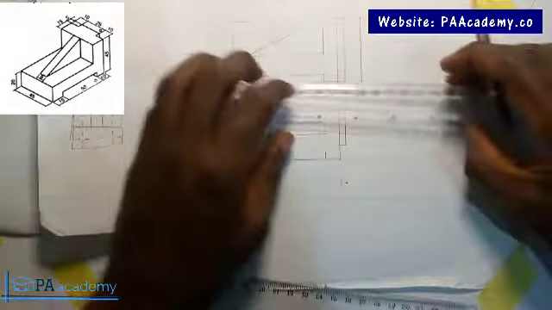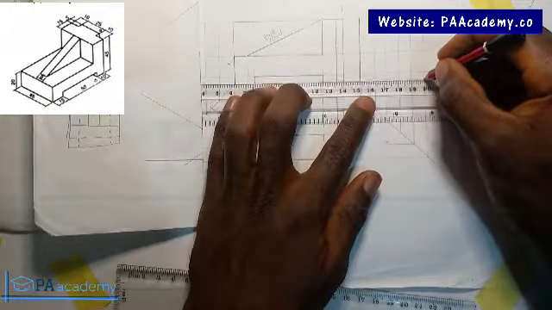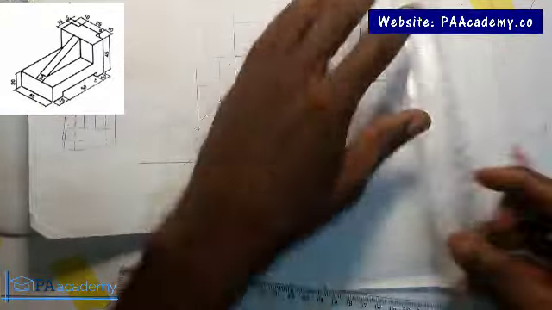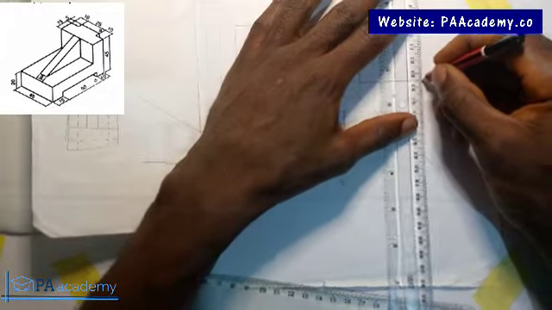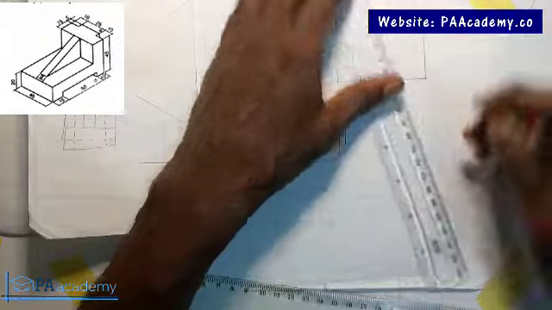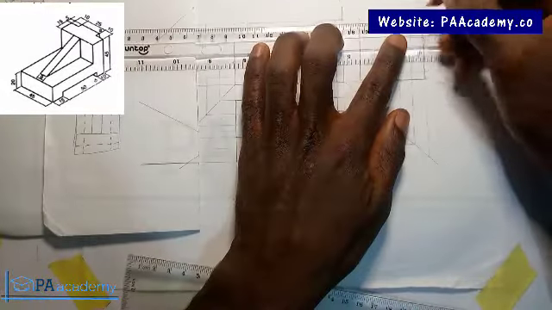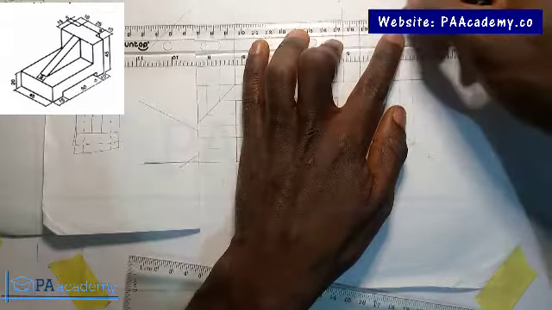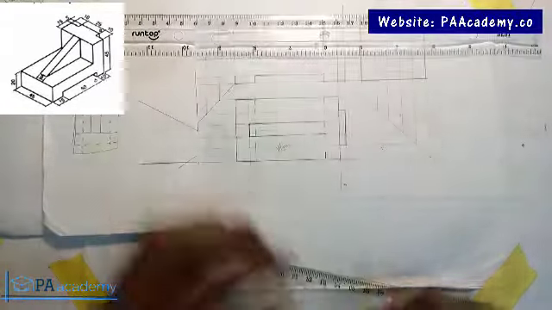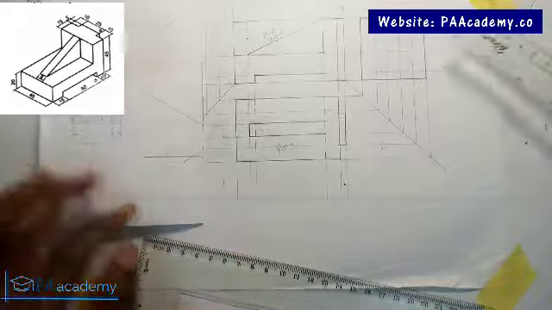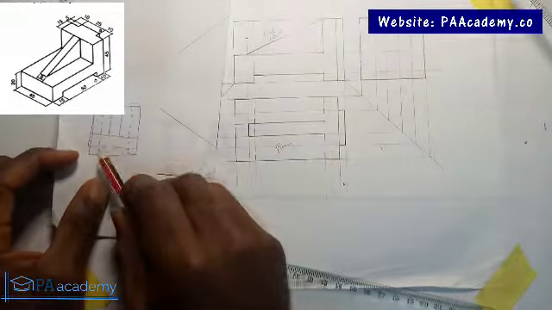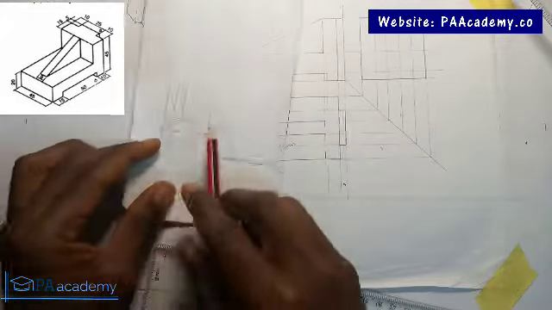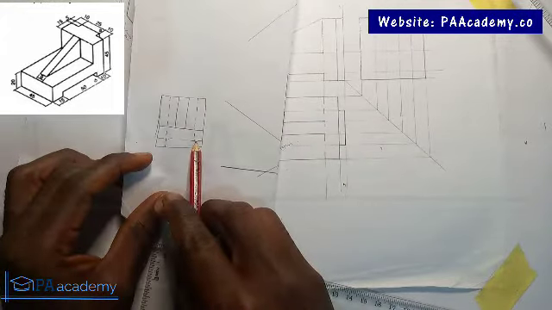So since all the four sides will be visible, let's just go ahead and produce it. All right. So now let's introduce this line here, which is the short dashes, which represents the